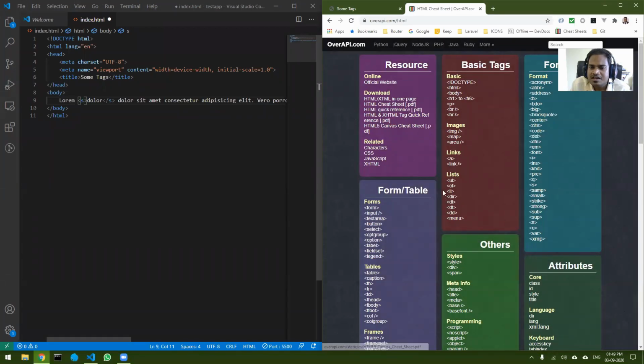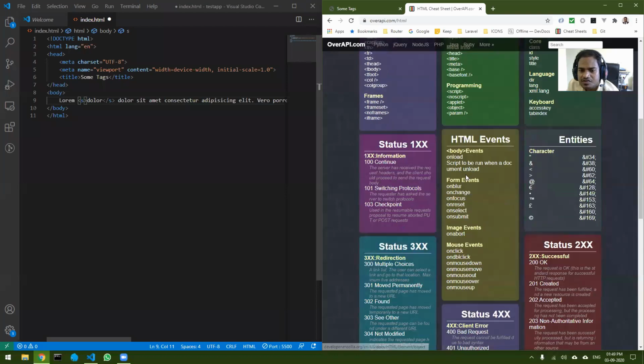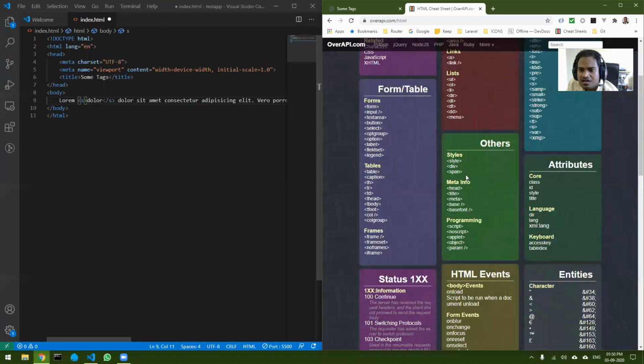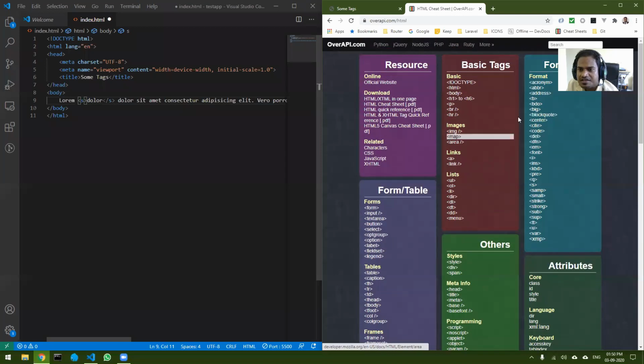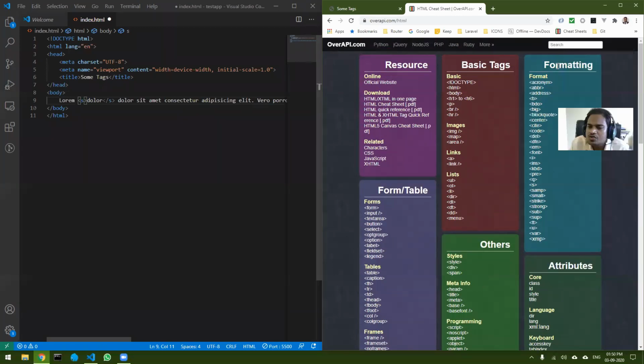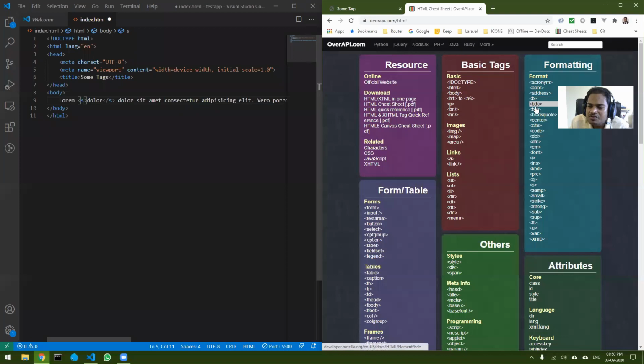Okay. And this is my cheat sheet. So we have covered all these things, and what I want to cover is, where was it? Yes, here. So for formatting, these are some of the tags that are there. I will not be able to cover everything, but you can go ahead, and all the tags are similar. Some of the tags are very important. I will be taking those here. So the few of the tags I've already mentioned.